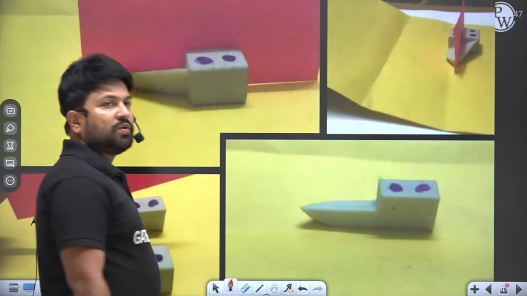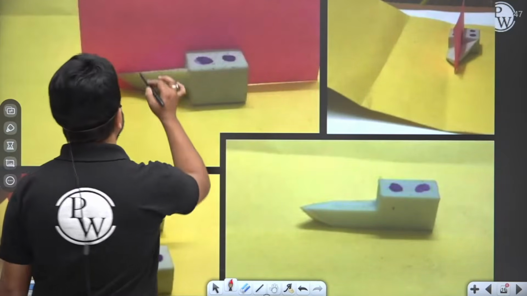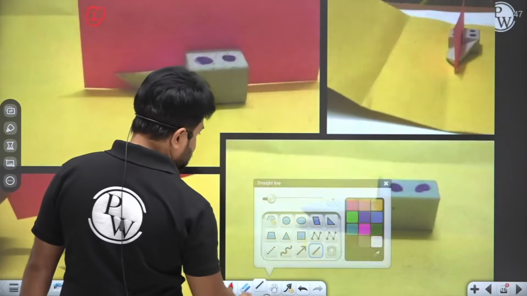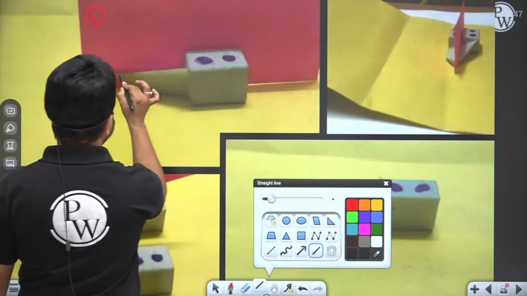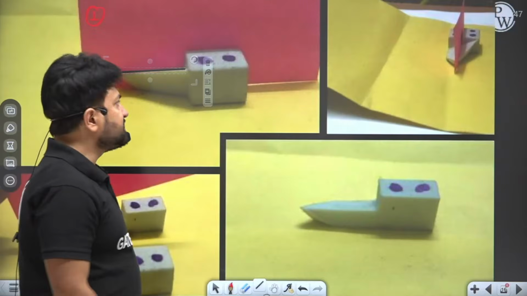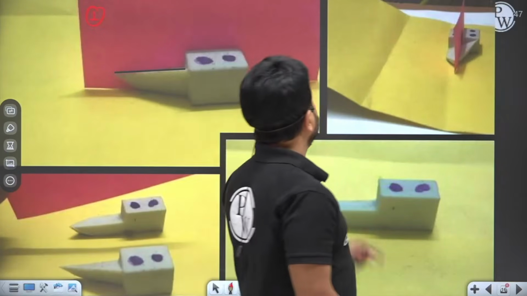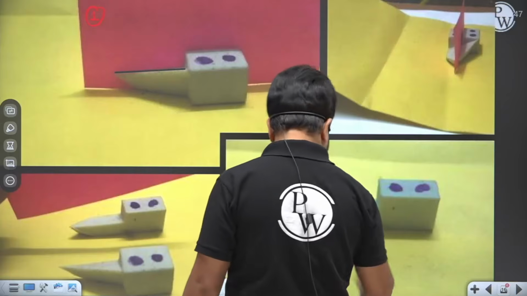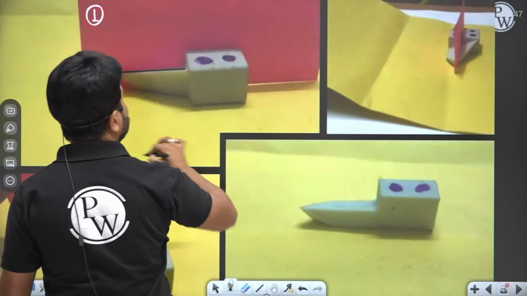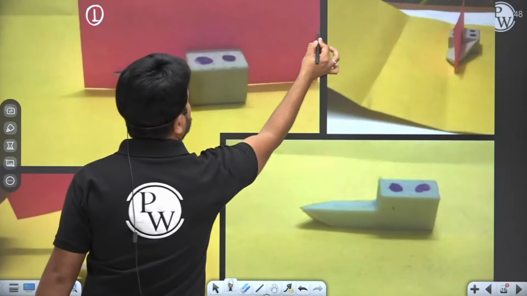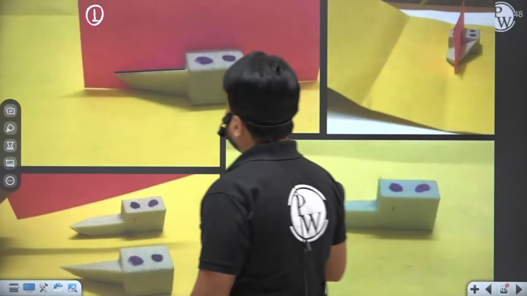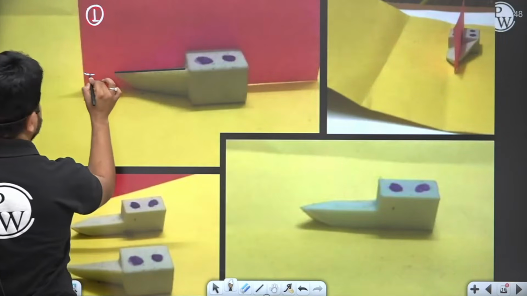My dear, plane number 1. Please see plane number 1, right? And you can see that here this is the side cutting edge. This is my plane number 1, and please see, this plane is along the length of the tool, and this plane is perpendicular to the